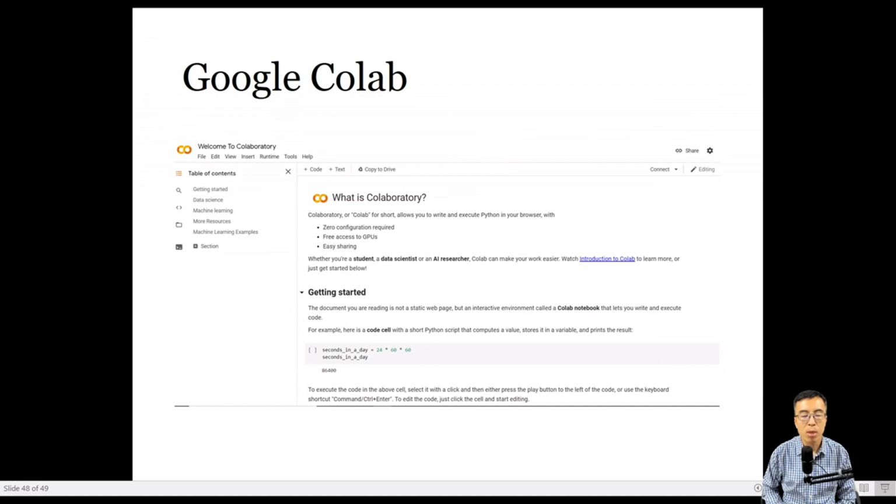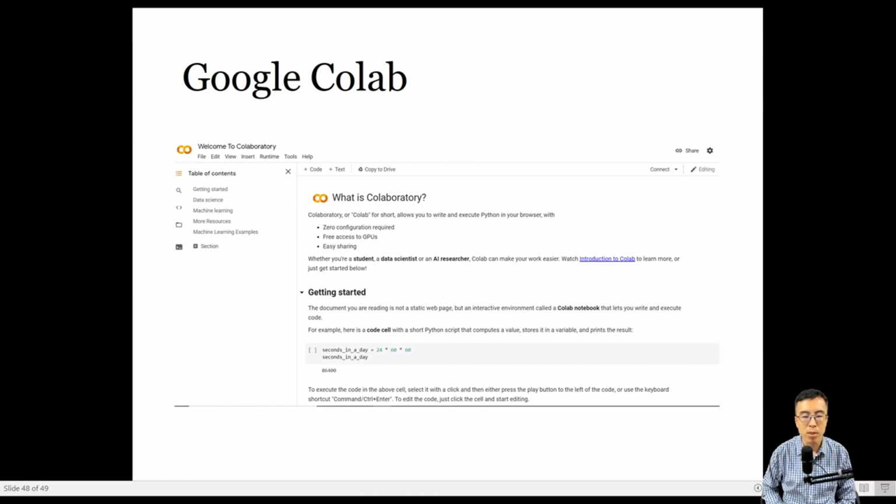In the subsequent modules, when we learn machine and deep learning, we are going to use Google Colab extensively and exclusively. And the great news is that Google Colab offers a free GPU,